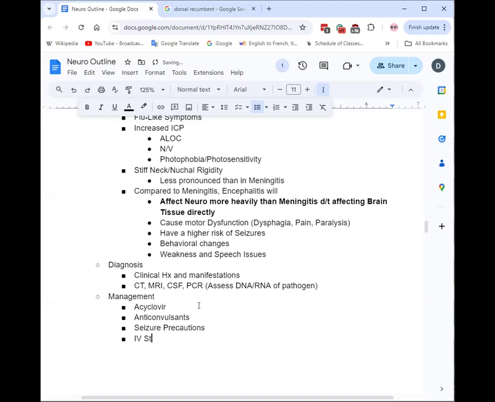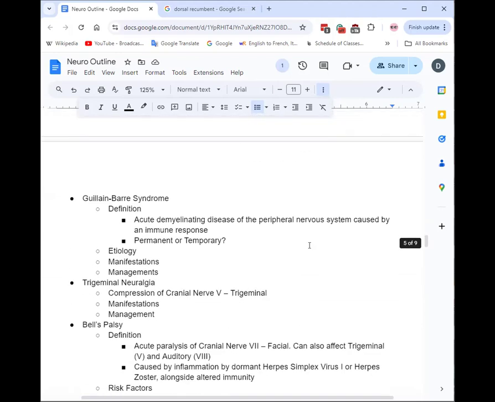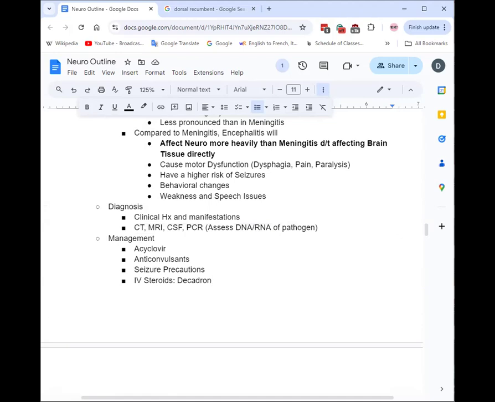Yeah, you'll still have IV steroids, again Decadron, the one they mention a lot. Antibacterials, I don't think much because I think this one's purely viral. So antibiotics aren't really going to help. I just realized I had my mic unmuted this whole time. For what we have in encephalitis, it could be caused from bacteria, fungi, or parasites as well. But mainly it is viral. Okay. That's something I didn't know. All right.